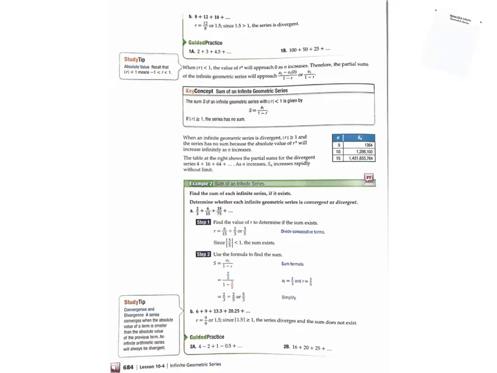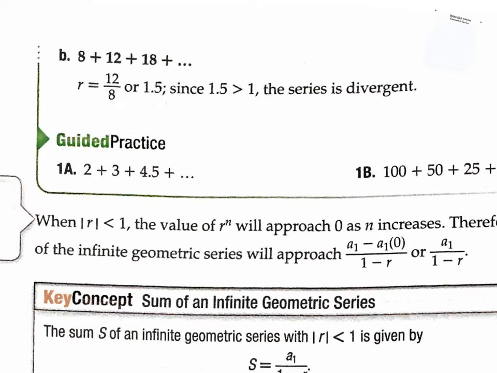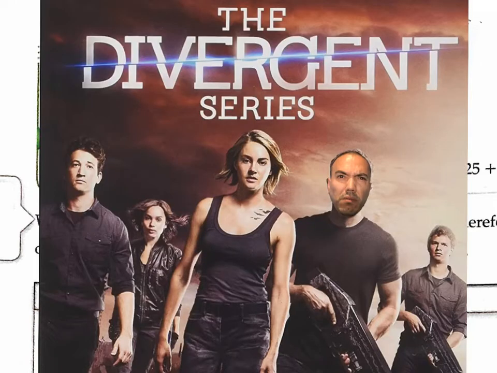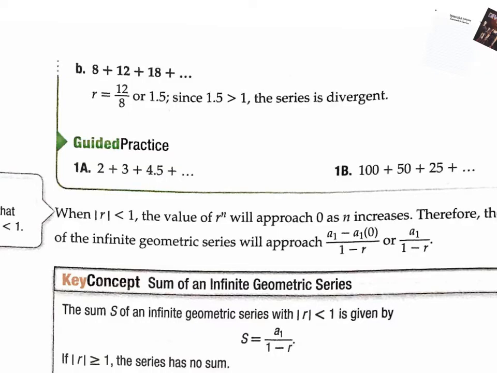On page 684, the very next page, the next example B, if we wanted to find the common ratio here, you do 18 over 12 or 12 over 18. As you can see, if you actually do that on a calculator, it'll give you a value greater than 1. And they tell you since 1.5 is greater than 1, the series is divergent. Divergent. So that was the first skill that you need to acquire in this section, to be able to tell whether it's